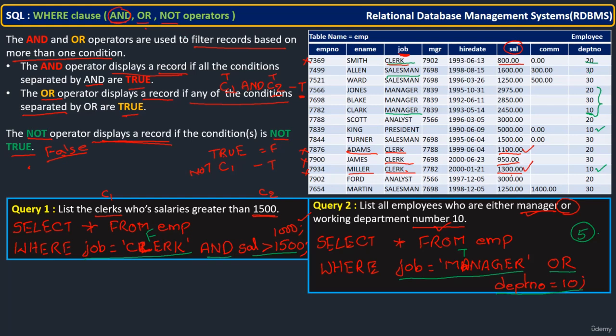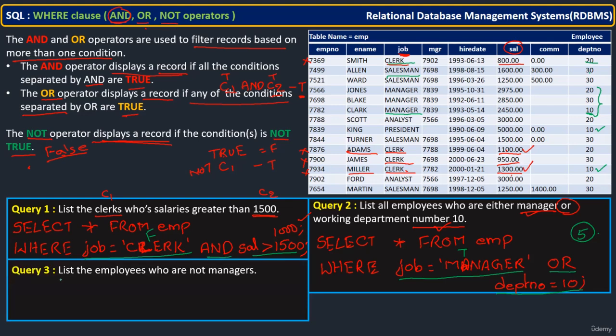Okay. And then let us see one more example for NOT also. So here you can see the list employees who are not managers. So how you can write down for this? So you see by using NOT operator, let us try to find. So you can see here select star from EMP where